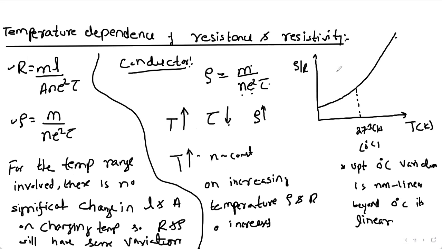There are a few more important graphs. Instead of resistance, if I ask you to plot resistivity, this could be a 1-marker question. If I ask you to plot conductivity, conductivity is the inverse of resistivity. So if resistivity is increasing, then conductivity